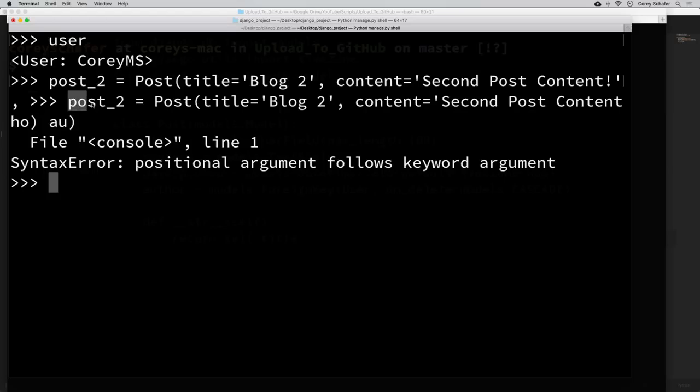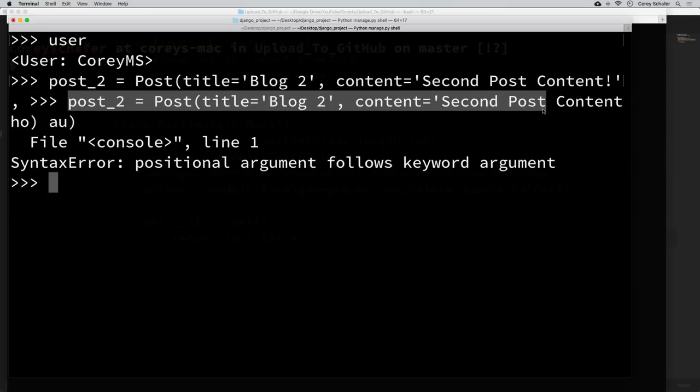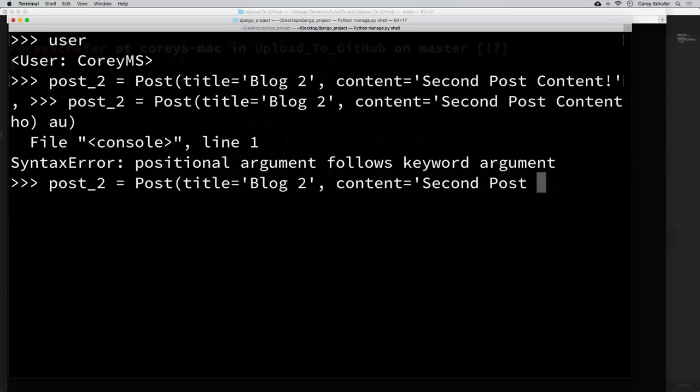So let me just run that early and get an error and then rerun this. So second post content. Now the last time we created a post object, we said author is equal to user. But instead of setting that author equal to our user, we can also use the ID as well. So we can say author_id is equal to user.id. Now if I run that, we didn't get any errors there, so that probably